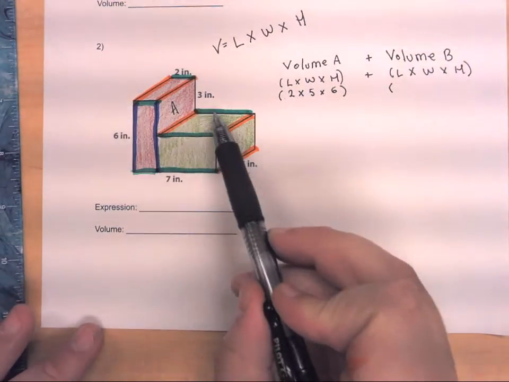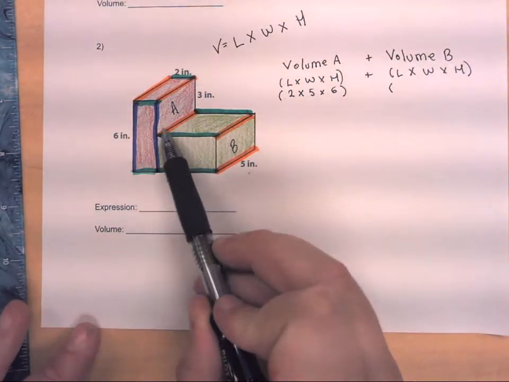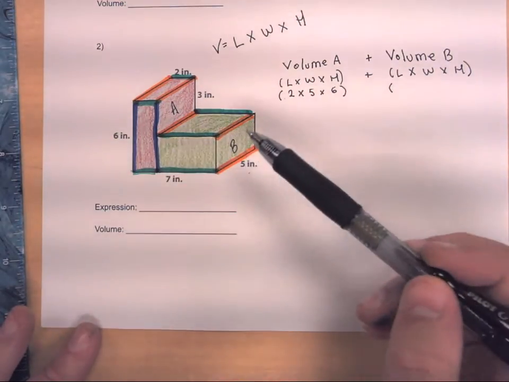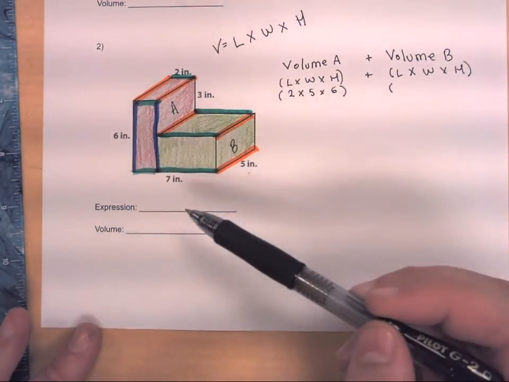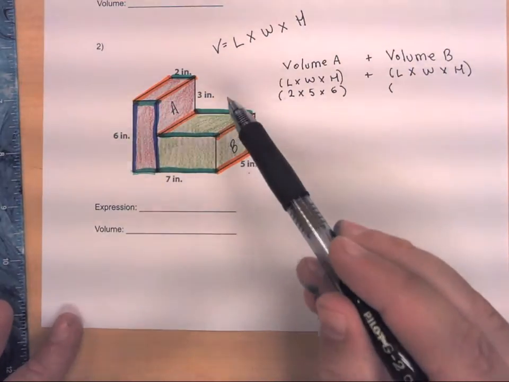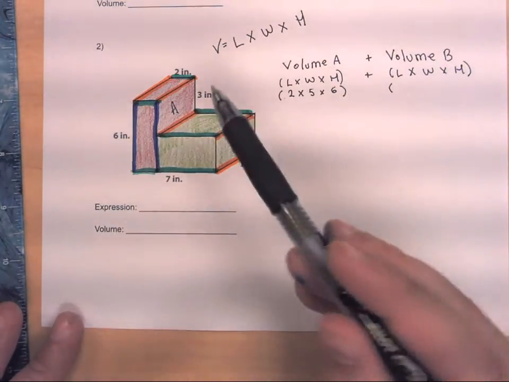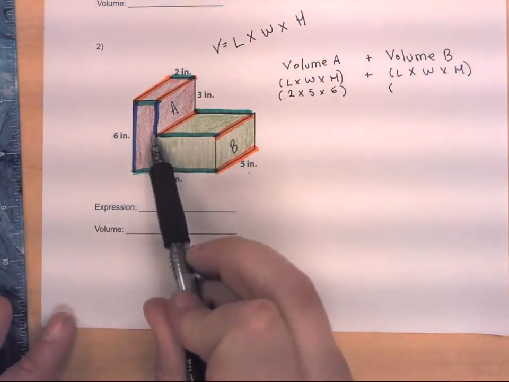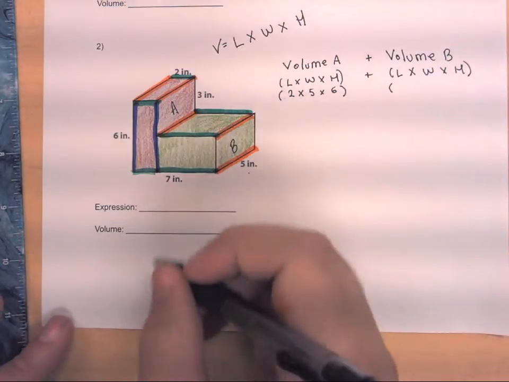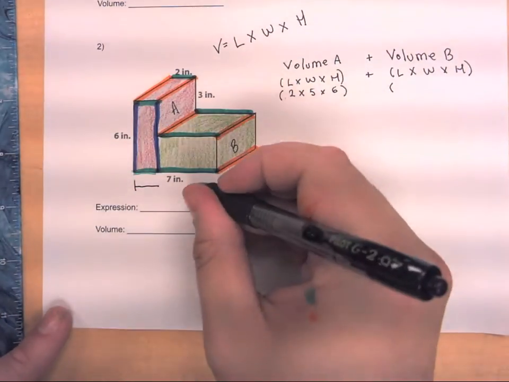So the distance from this location to here, as well as from here to here and here to here, all measure the length of B and are all the same value. However, they are not clearly identified. We have to do some investigative work here to figure out what these values are going to be. And what we do know is the length of the entire figure,